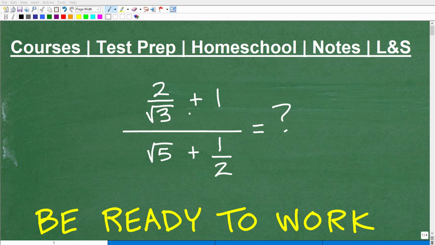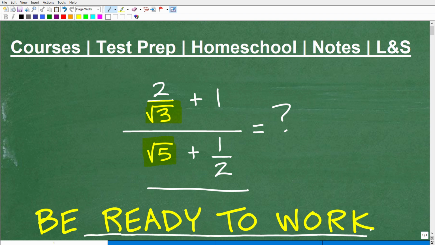Okay, let's go ahead and simplify this complex fraction. So we have fractions within fractions, and then we have these square roots or radicals going on here. So this is going to be a problem that's going to require a decent amount of work to simplify. But if you're at the Algebra 1 level or above, you should have the math skills to